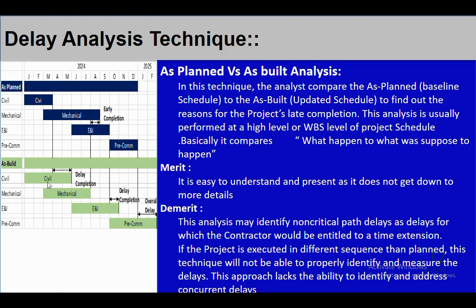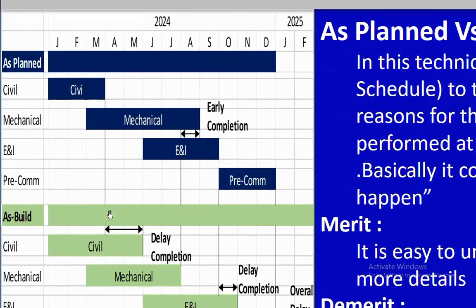And the third, the most important demerit of this particular technique is that it will not give a clear picture of concurrent delay. Suppose here, civil got delayed by 2 months from March to May. Now in this 2 months, there could be a reason that 1 month delay is because of the lack of resources, that is contractor delay, and 1 month is delayed because of the unavailability of material which is in client scope, and that is client delay. So it will not give the concurrent delay, what is the total impact of the delay and who is responsible for it. So you can use this